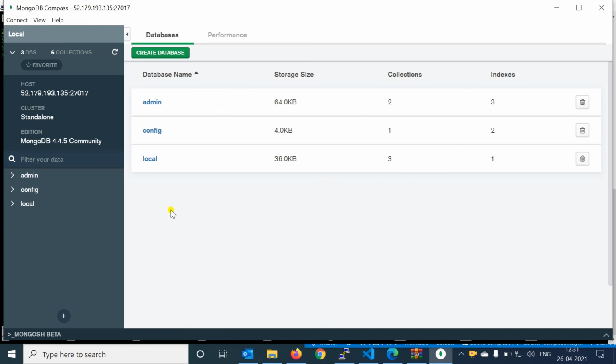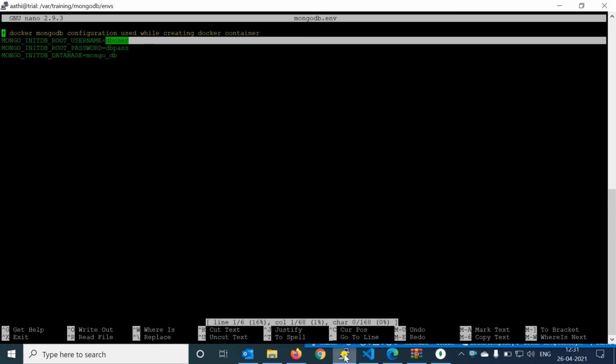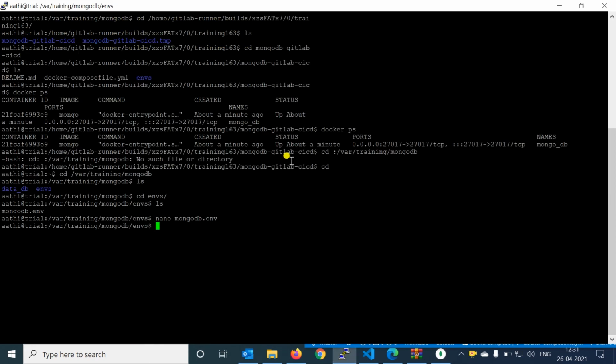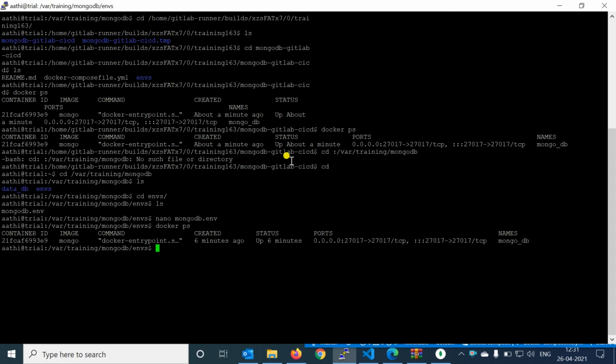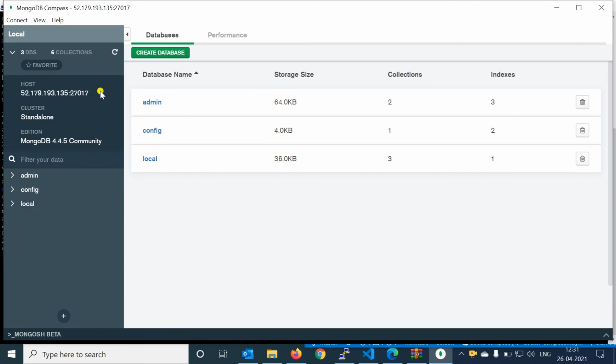Okay, so we have successfully logged into MongoDB Compass. For that, I have used inbound rules and opened the port number 2017, but it is not recommended. To let you view the access to MongoDB, I have opened inbound rules at 2017 for this particular IP, but it is not recommended for development or production.